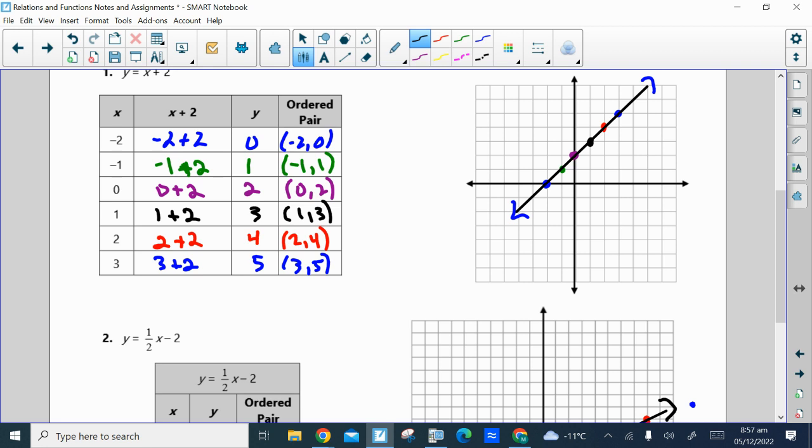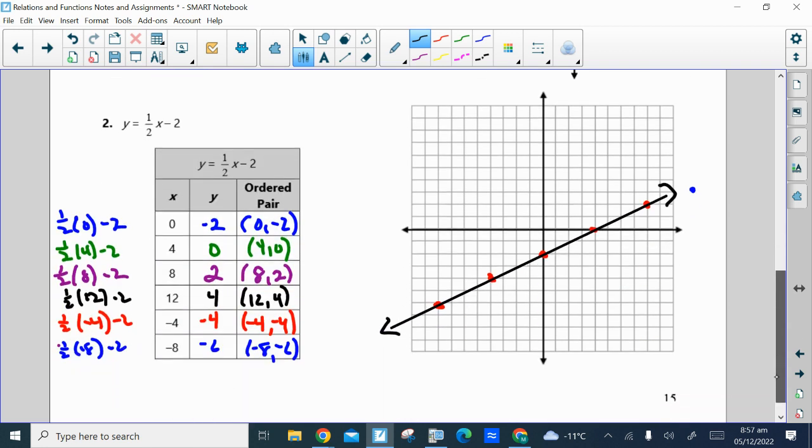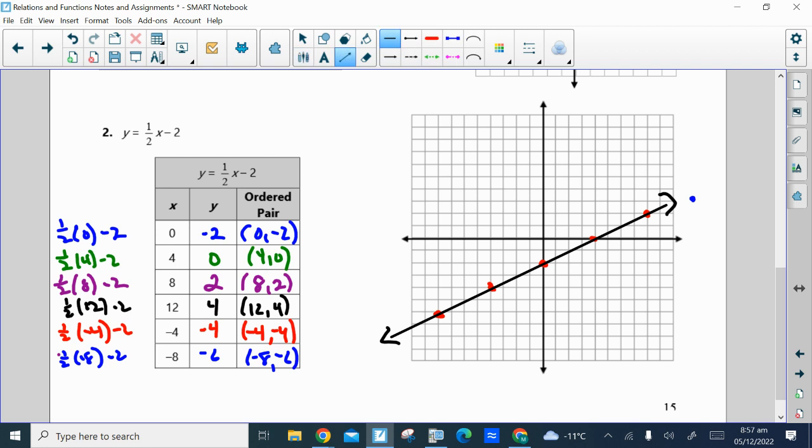Now, it's not so much that they're going up by 1 that's important. That's just a coincidence that both x and y are going up by 1. But what is important is that y is going up at a constant rate. In order to have a line, y must go up by a constant rate as x goes up by a constant rate. So if we look at the next one and we just kind of key in on